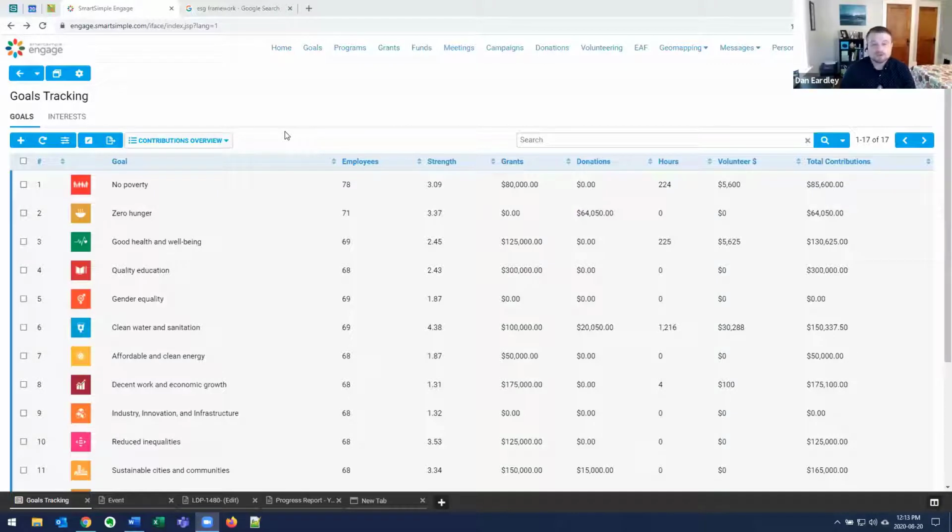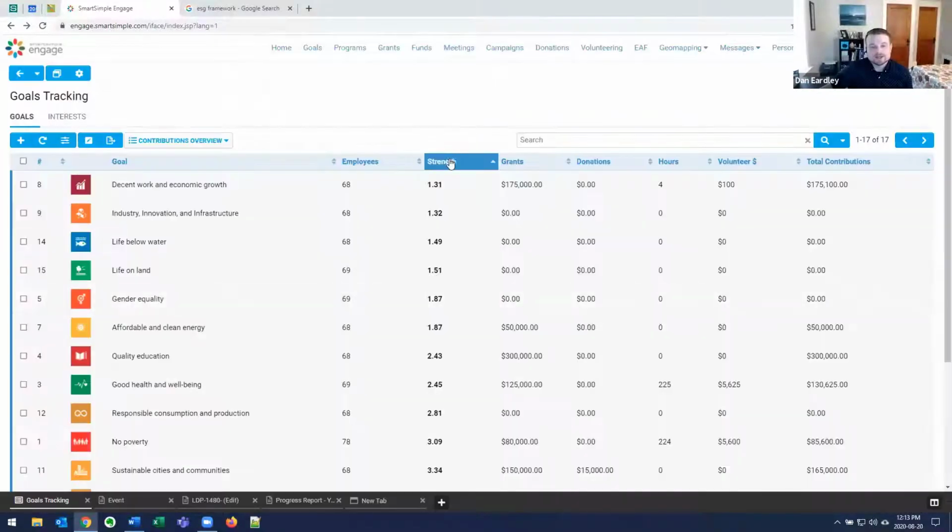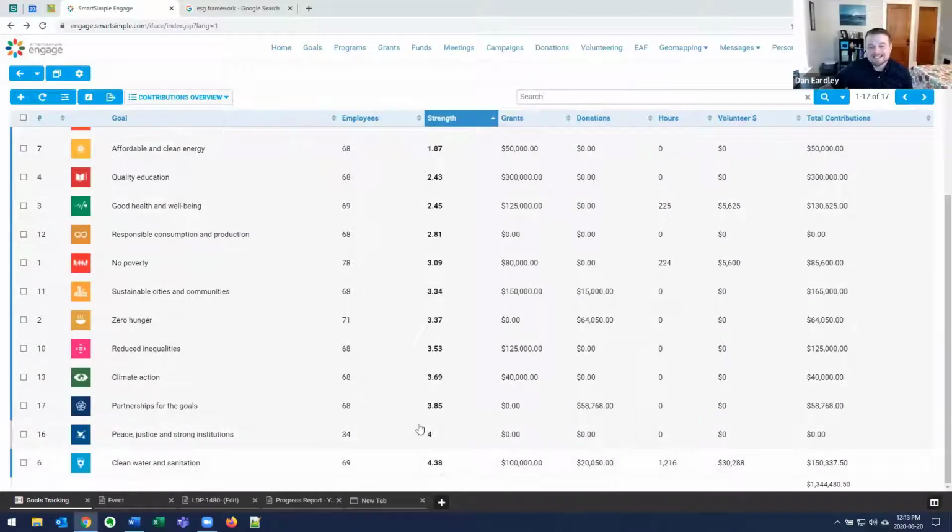I've worked with some organizations to roll this out, and they've added their own goals in addition to the SDGs, so you can even do a blended approach as well. What you see on the screen here is that we have our listed goals, and then each of our different areas of CSR initiatives, those granting, donations, and volunteering, that we're tracking against those specific goals within the system. You can see here also that we have a strength metric. That's what I was just referring to: we can identify from a strength perspective what's the highest level of interest from our employee base, based on them getting involved in the system and interacting with it.